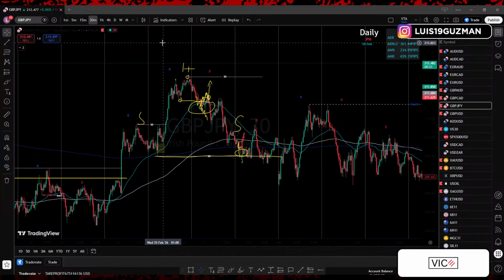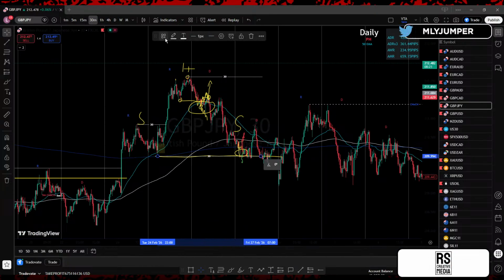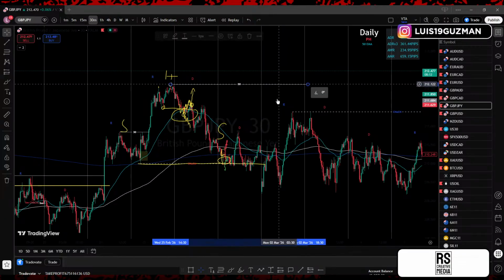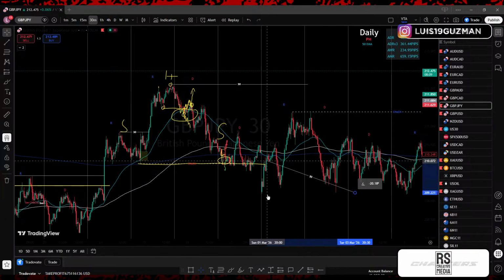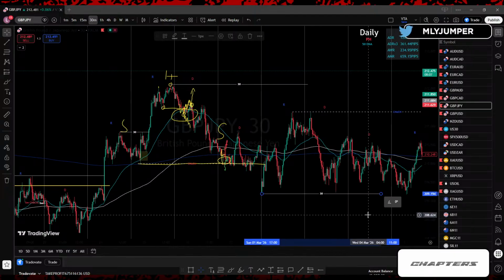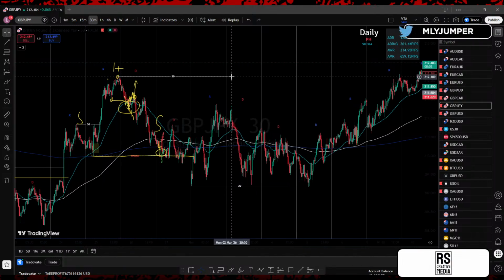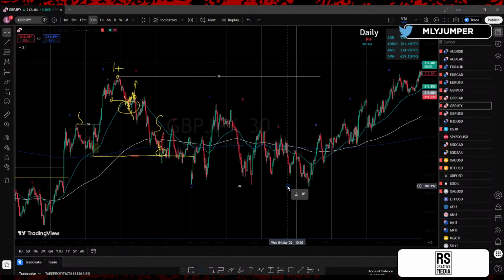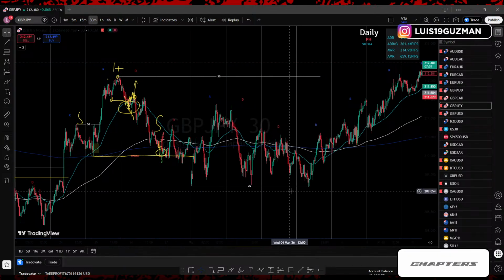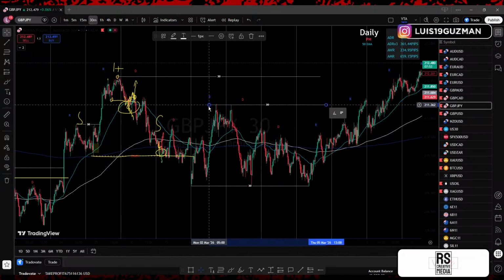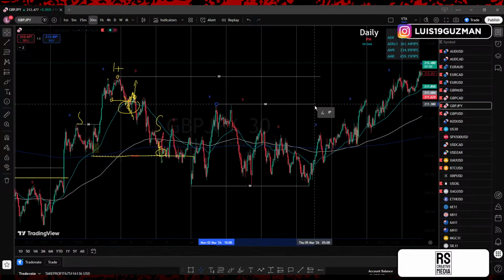So it gave you the change of character. 30-minute change of character. So now you're trading between this high and these lows down here. Price didn't break the high, or let's ignore this here. Price never broke the lows. Did it break the lows here? Let's see. Yeah, with this wick here, gave you the inducement. So now you know you're trading between this high and these lows.